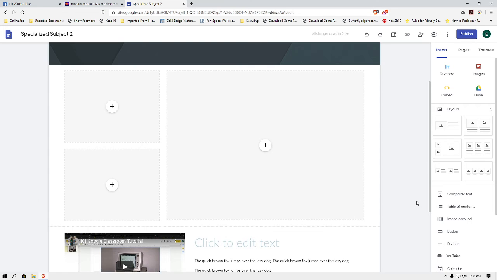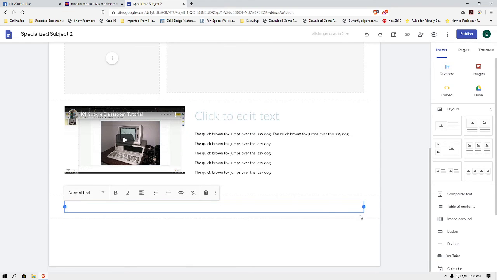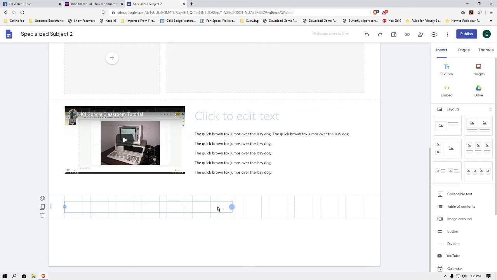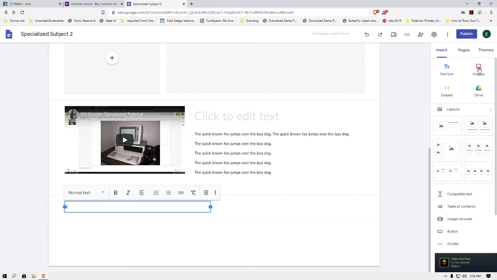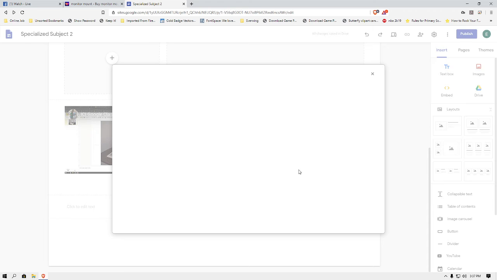If you do not use the layout, pwede ra gyud ikaw mo insert dira ang mga content like text box, insert, then you can adjust, so pwede na nimo ma-adjust. Naay mga ruler dira, insert an image, select or upload, ayha siya mosulod dira. So kung mo select ko, iadto ko niya sa image search,